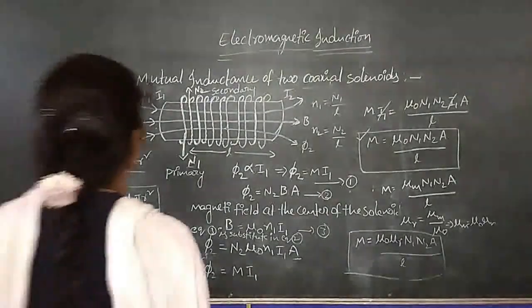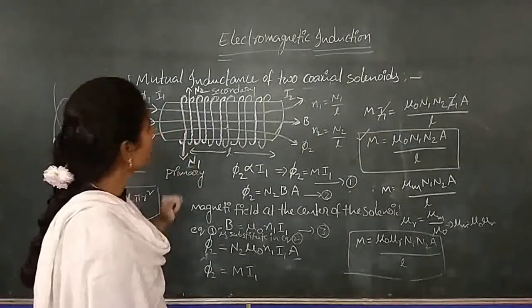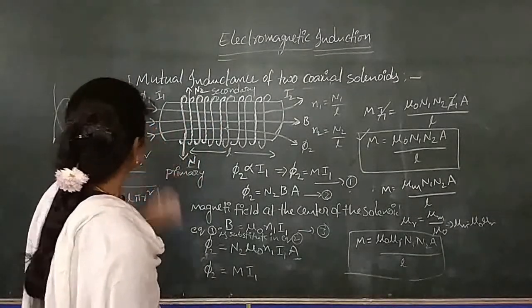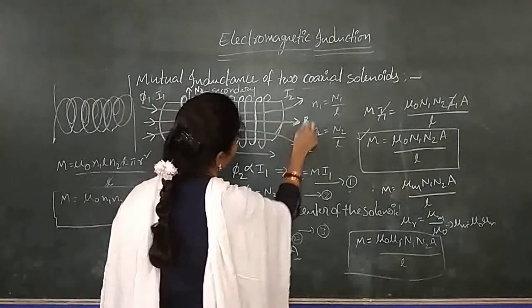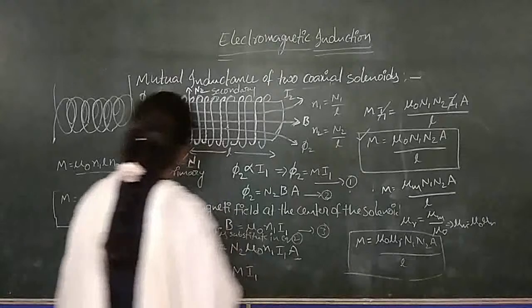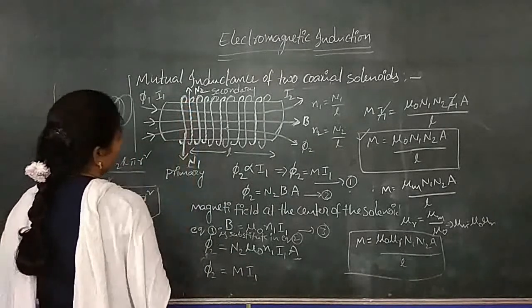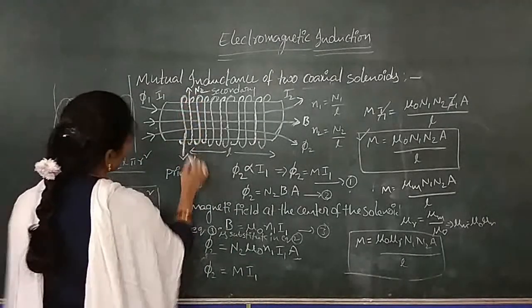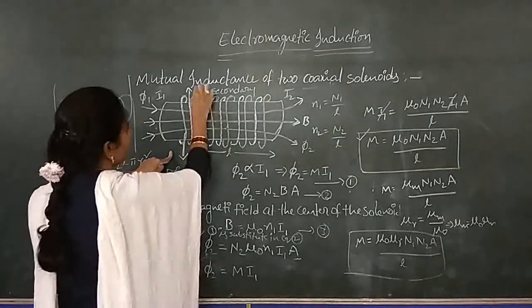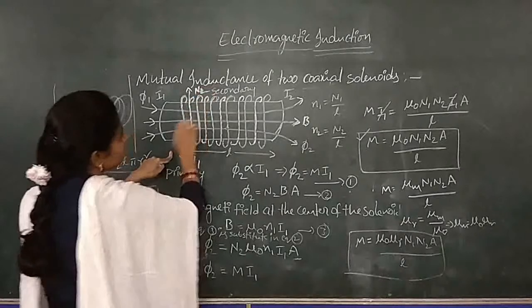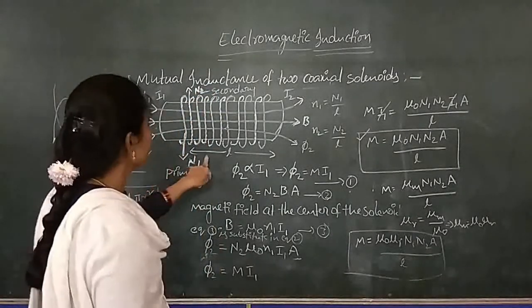So, mutual inductance of two coaxial solenoids. Coaxial solenoids are nothing but solenoids having the same axis. Here, N1 is the number of turns in the primary coil and N2 is the number of turns in the secondary coil, and the length of the two